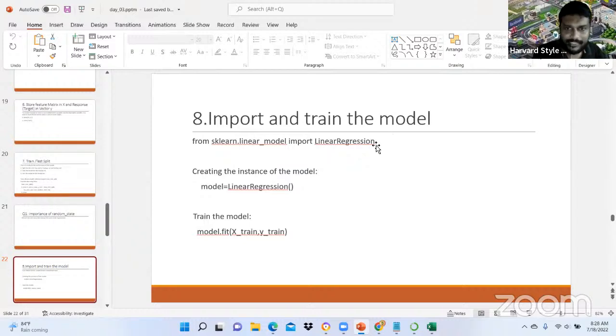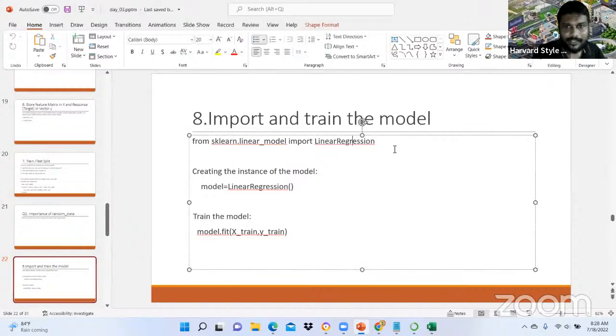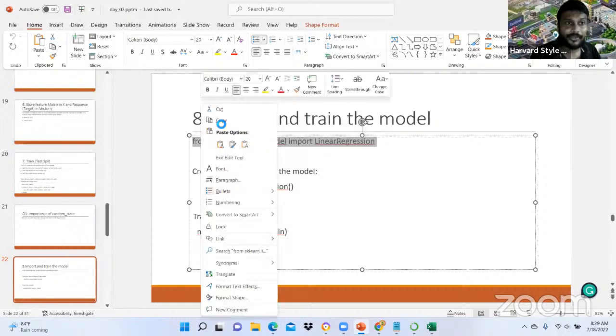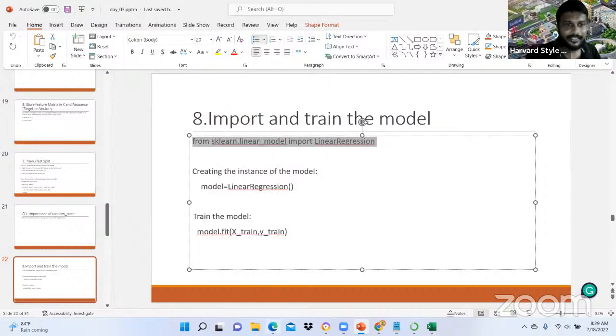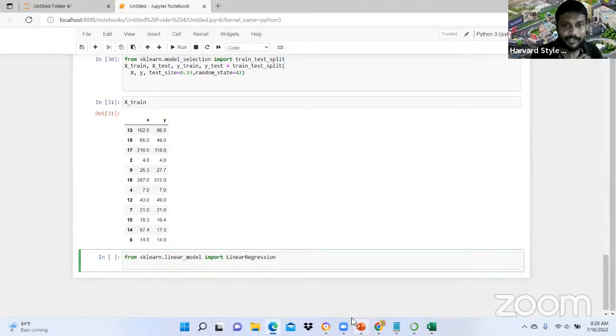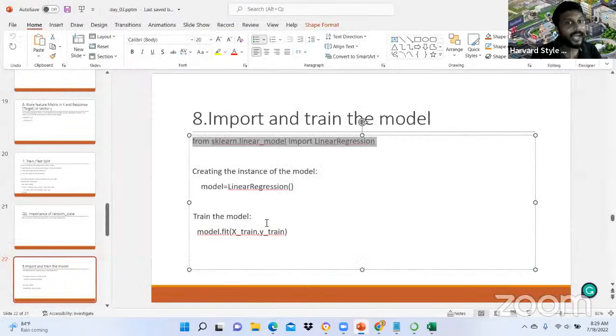So guys, what do you want to do? You will be taking this one. You are writing: from sklearn.linear_model import LinearRegression. The capital letters and the simple letters, if you change those, you will get an error. Therefore, that's why I'm asking you to write the things yourself. And remember to put the heading. All of those things you want to do, otherwise it can't work. Then, after that, guys,